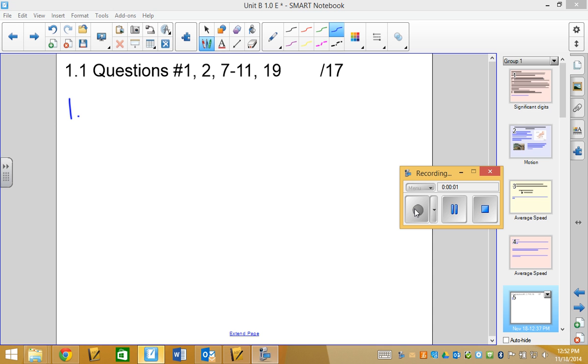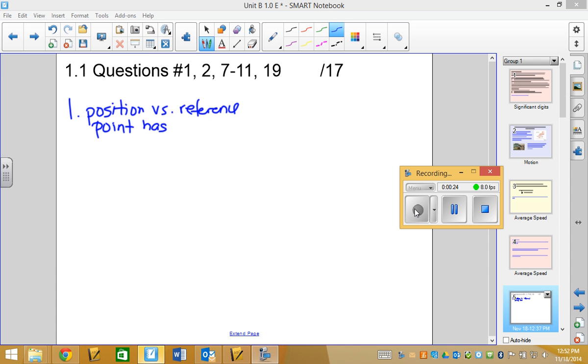Number 1 on the sheet asks you, how can you determine if an object is in motion? Now, there are a lot of ways to say this, but the key thing I would be looking for in an answer for number 1 is that its position compared to a reference point